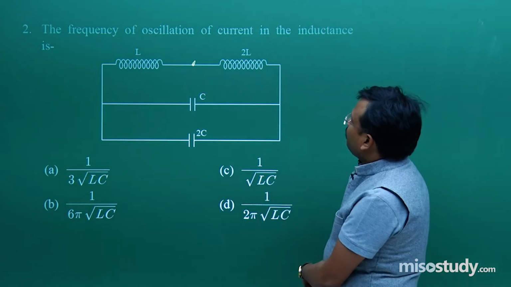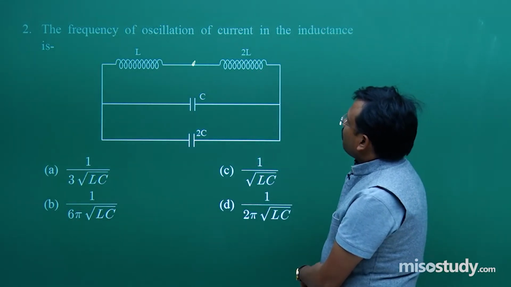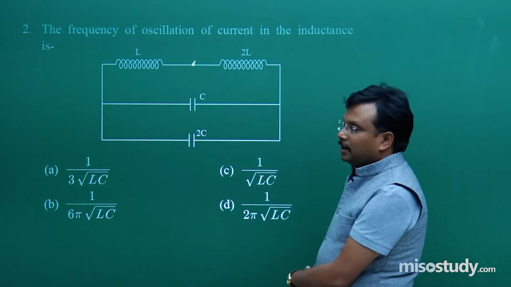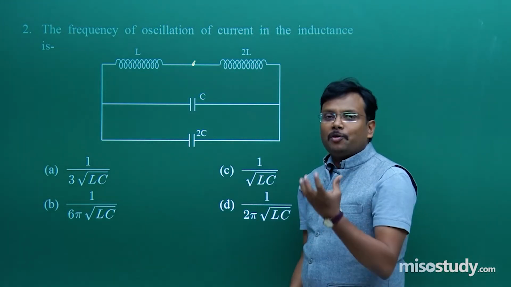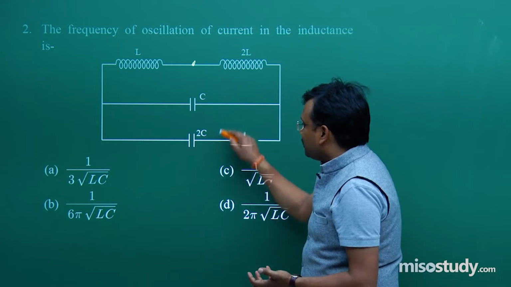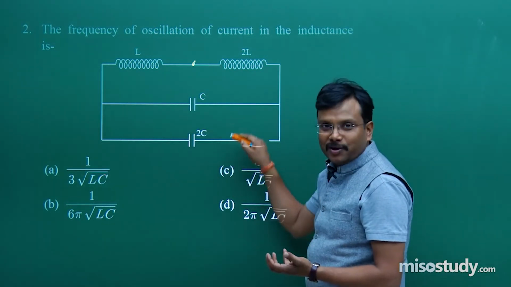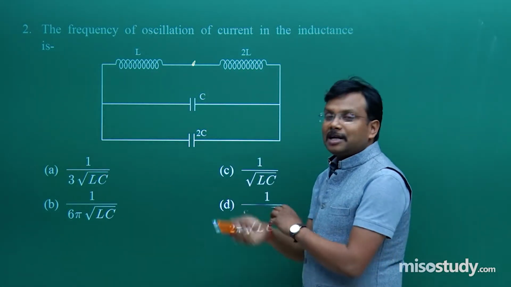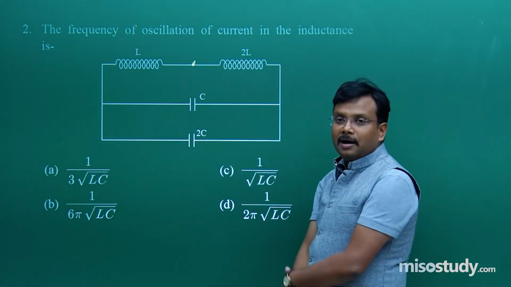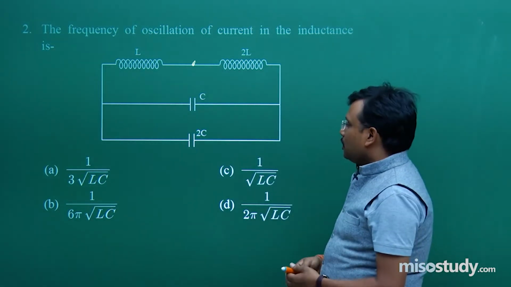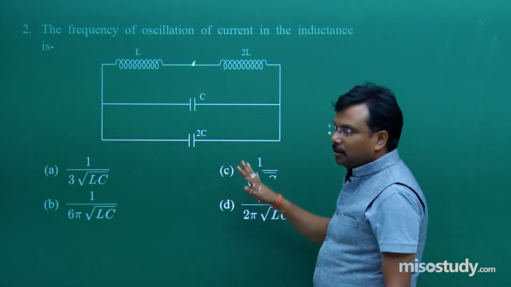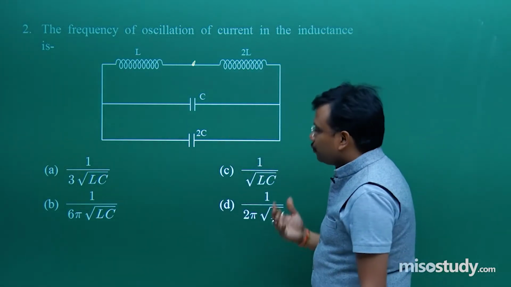Problem is we have to find frequency of oscillation of current in inductance, means because of the cooperation, because of the support, because of the help offered by these two energy storing devices, some current will start flowing in this L and 2L. So you have to find that value. Now I think the question is clear to all of you. Should I move for the